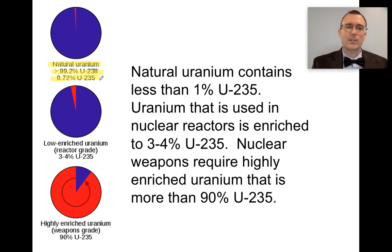Now, if you want to turn this into a nuclear weapon, you need to enrich that into over 90% uranium 235, which is often the most difficult part of making a nuclear weapon. It's not the design of the nuclear weapon itself, it's the enriching of the uranium that is typically